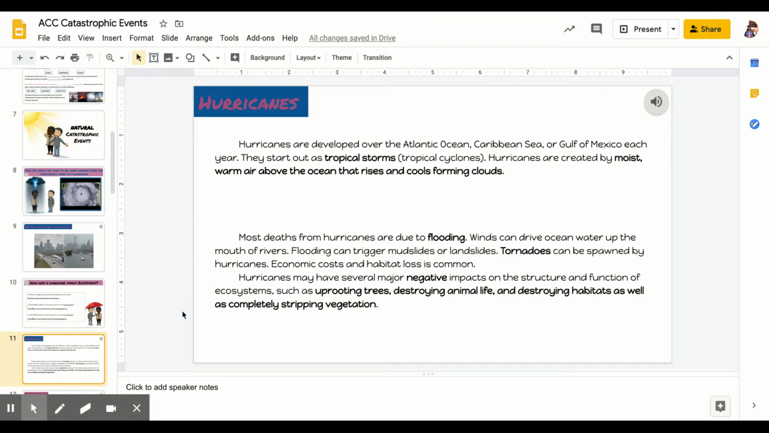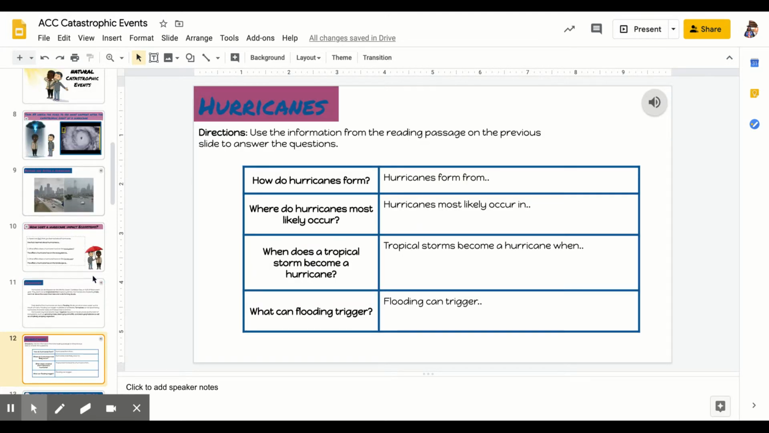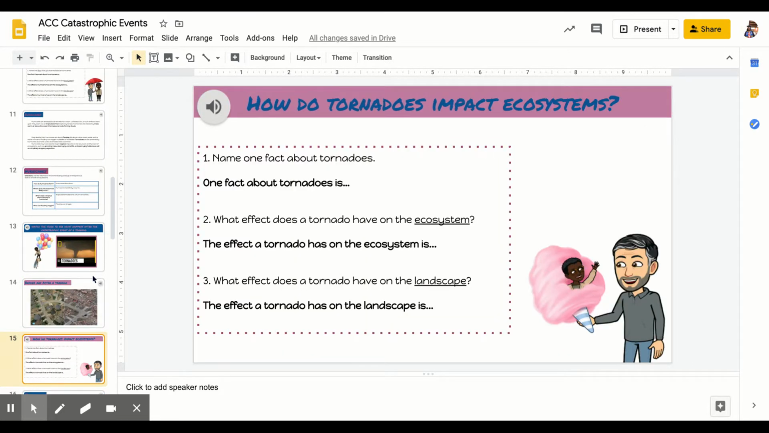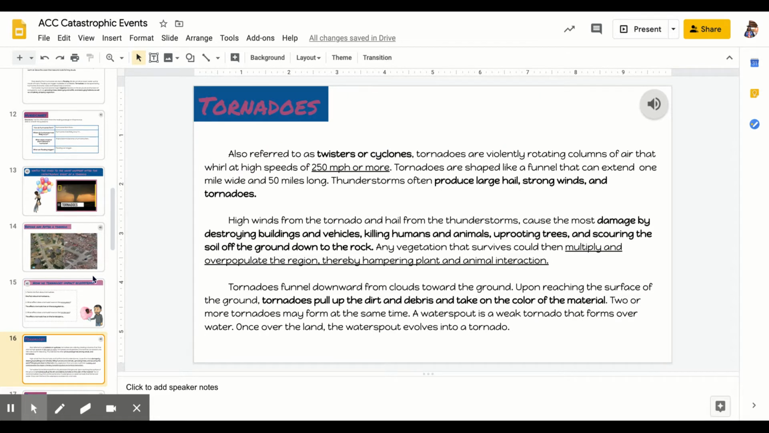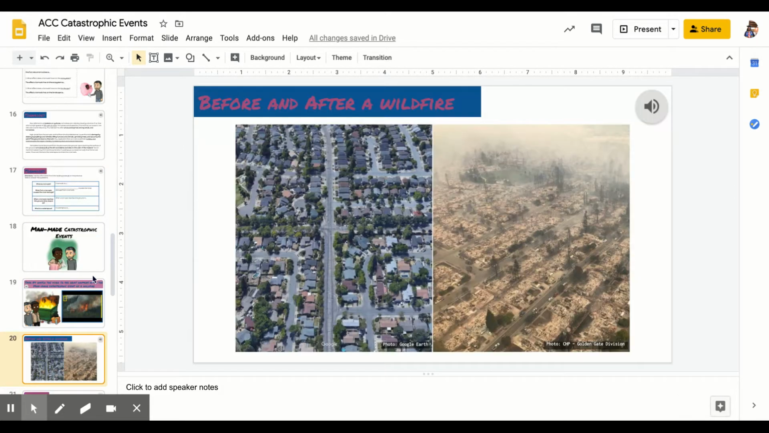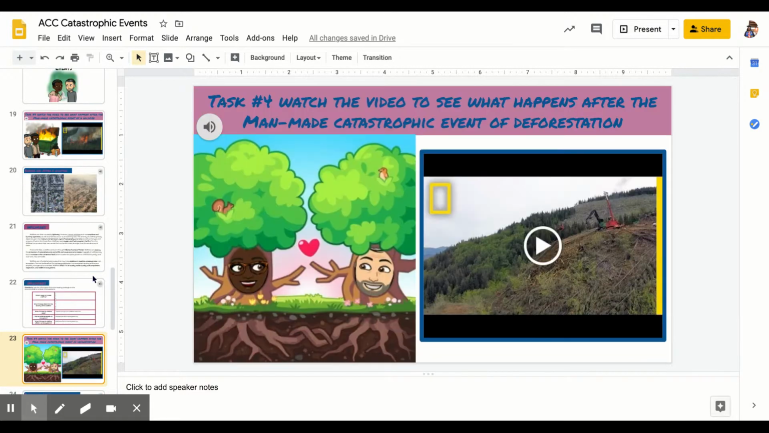So each type of catastrophic event has an article. You can either choose to read it on your own, or you can click the volume button and listen to it be read to you. And then you'll have questions to follow the article. So same thing with tornadoes. You'll go through the same process, article, and you do the same with man-made catastrophic events as well. So it's the same process for all 4 of these